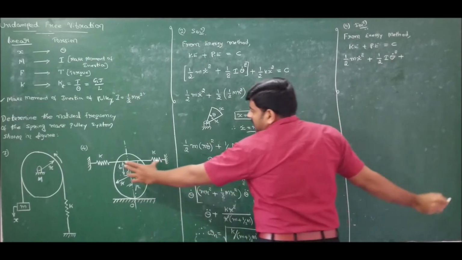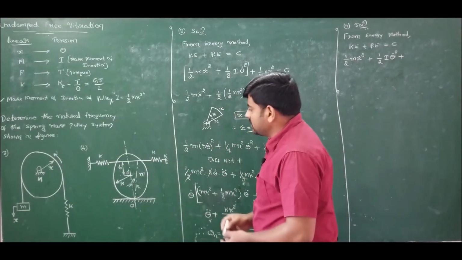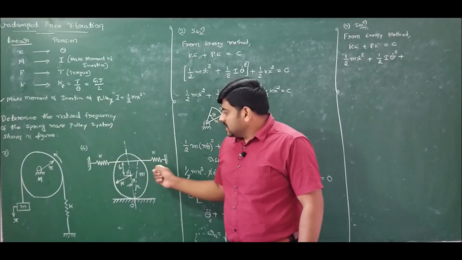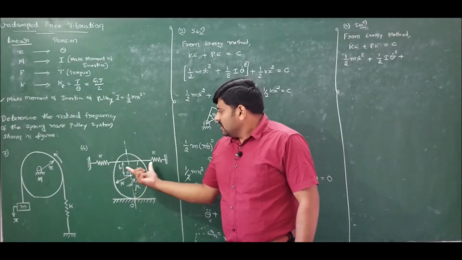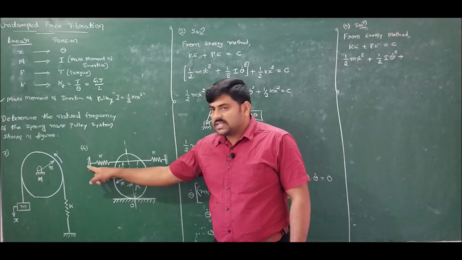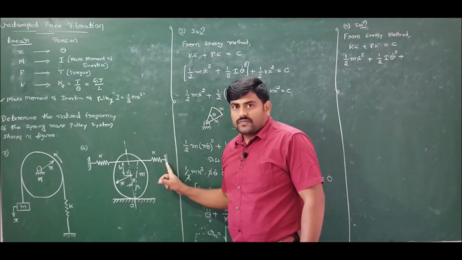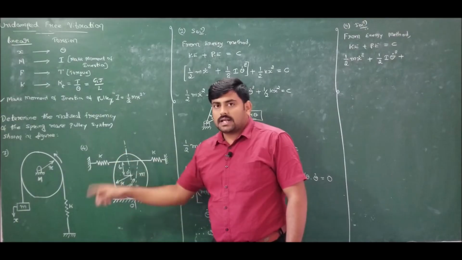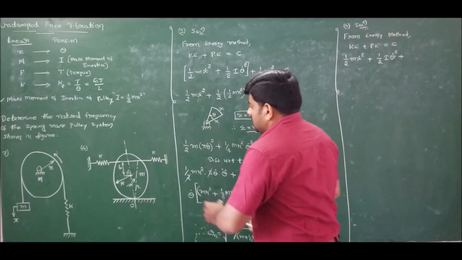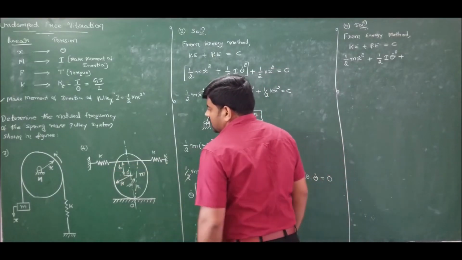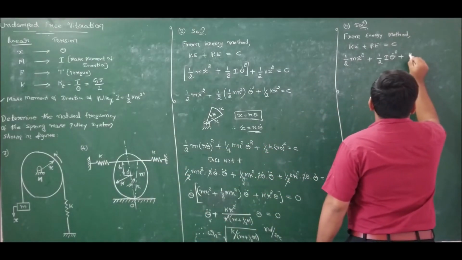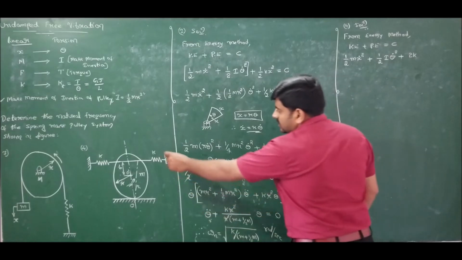Plus the potential energy, which is provided by the two springs. Careful observation will reveal that these two springs are connected in parallel. This we have already discussed. One end of each spring is connected to the fixed point, so one end of each spring is in connection with the fixed end. Therefore this is the parallel case, and the equivalent spring stiffness for a parallel arrangement is just the sum, so it is 2k. 2k is the equivalent stiffness.